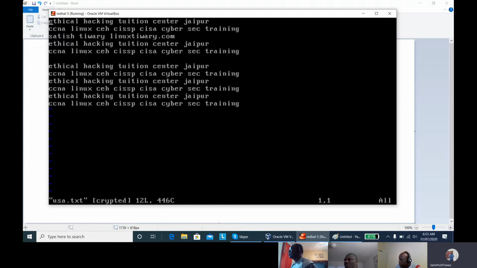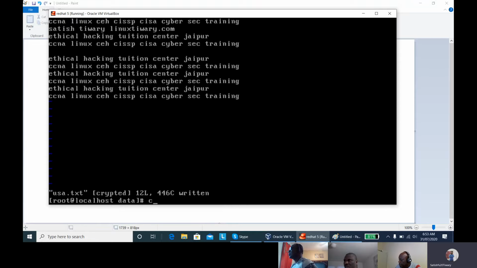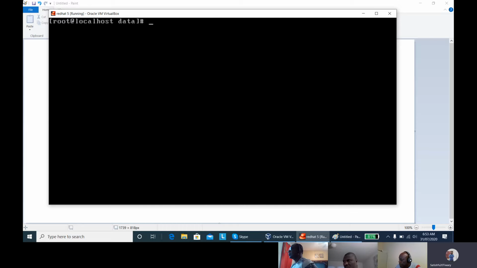Now someone has asked me, is it possible to create a password protected file before creating any file? Yes. See, I am going to create a file a.txt. So vim -x a.txt. I have not yet created the file, but before creation, it will ask you for the password. Suppose I give the password 12345.